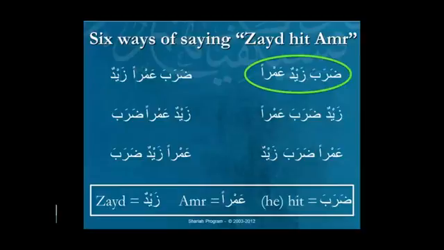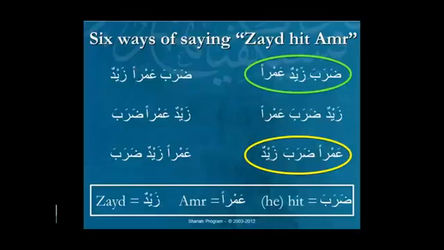Okay, now what are the other 5? Those other 5 are unconventional, so it depends on the knowledge that the audience already has. If the audience is already aware of the action having occurred, and they already know who did the action, and the only new piece of information you're giving them is the fact that Amr was the one that's hit, then you would use the one circled yellow at the bottom, and the translation of that one in English would be: it was Amr that Zaid hit. You'd have to use all those words, because the stress needs to be on Amr.